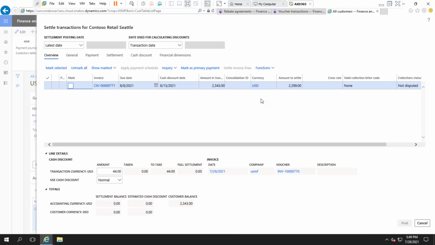Okay, this is 2343, but the discount amount is some $40. That is the reason the amount to settle is coming like this,